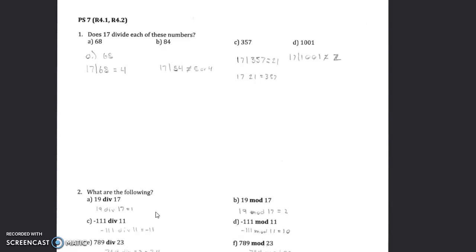So first question, you just do 68 divided by 17, or you can write the notation that I have, 17 into 68, and then you get 4, which is true. It divides cleanly into the number. Next question, you go into